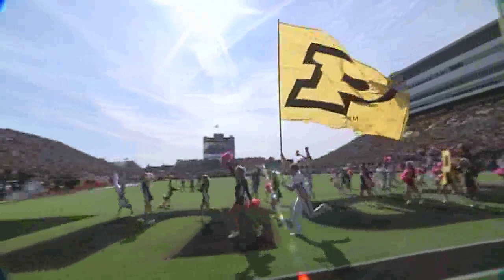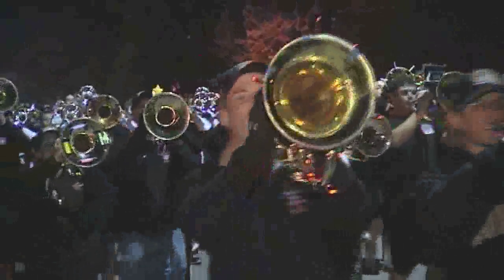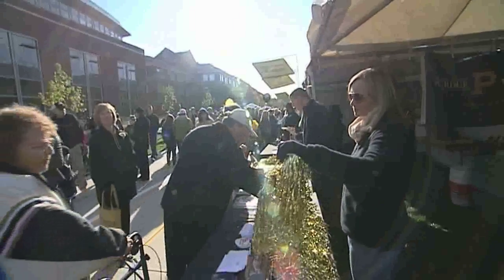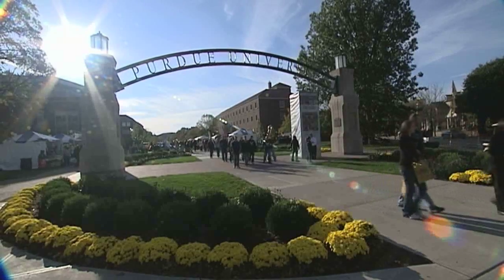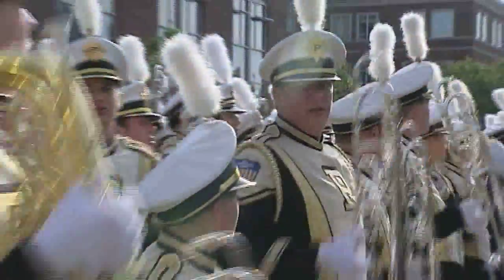And the team pleased alumni with a 21-14 homecoming win over 23rd-ranked Illinois. The night before the game, the annual Night Train Parade wound its way through campus. The morning of the game, alumni retreated to a multitude of informational booths and entertainment that included the